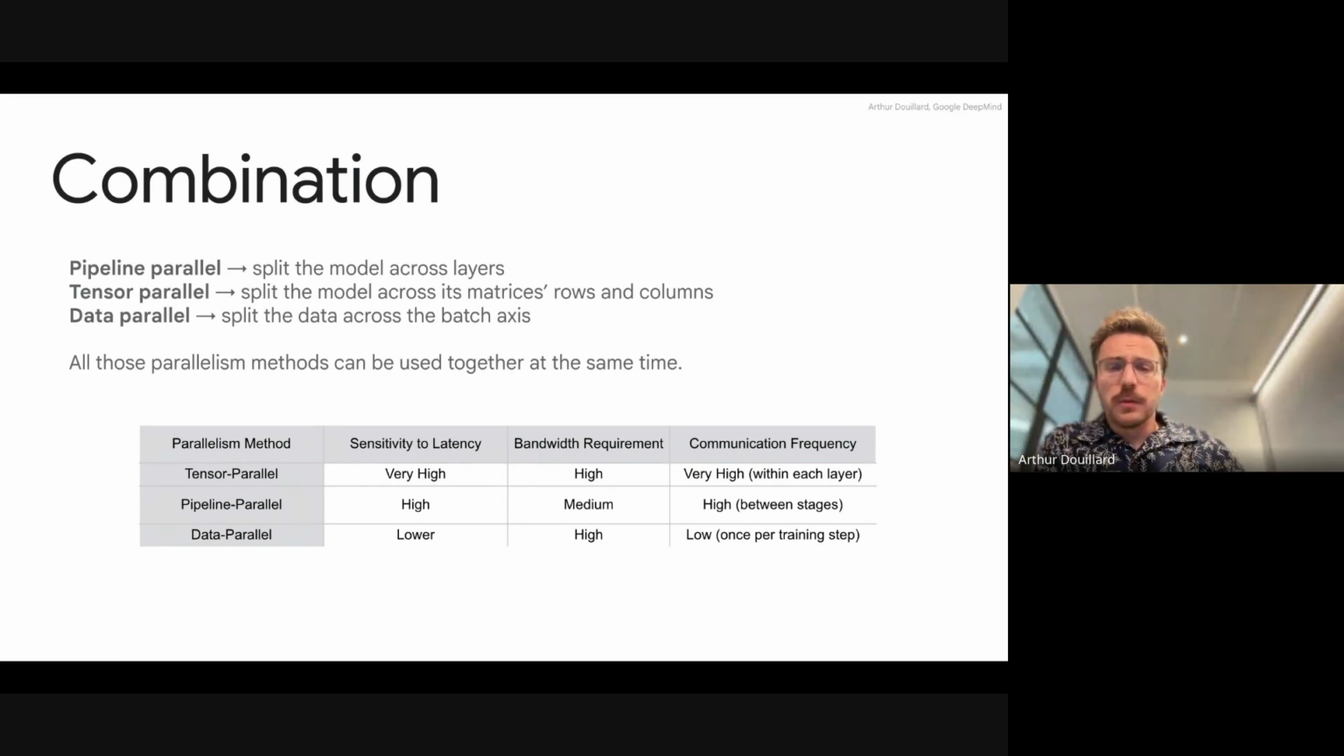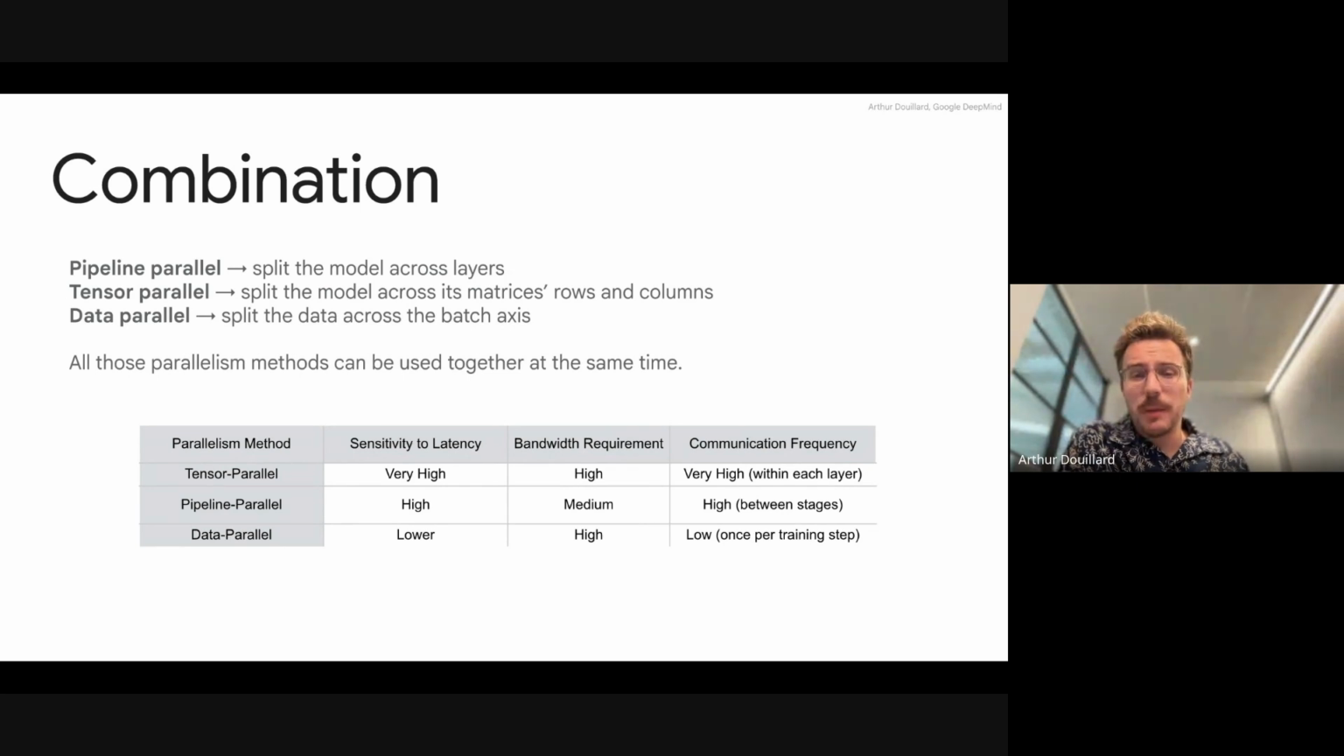So different trade-off, especially for the latency. In tensor parallel and pipeline parallel, you have much more sensitivity to latency than data parallel, where you can kind of overlap the gradient pass, backward pass with the all reduce. There's also different bandwidth requirement and different amount of frequency. All those things have trade-offs, and that's why usually when you have a big cluster of GPU, you